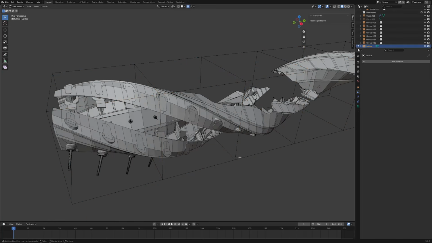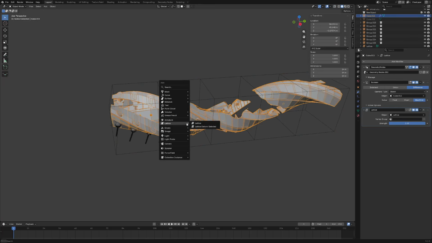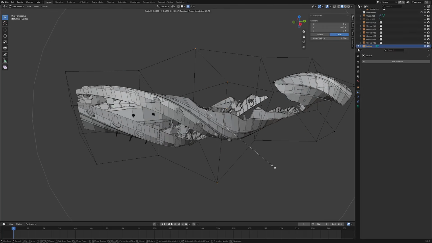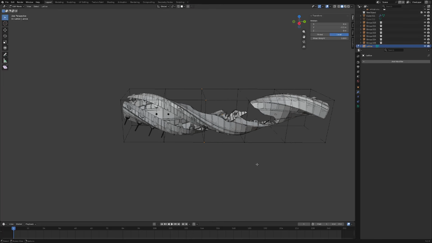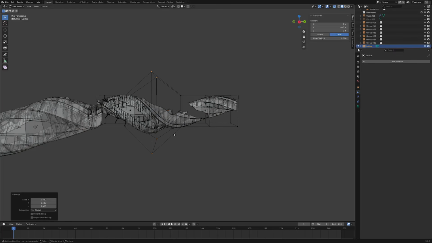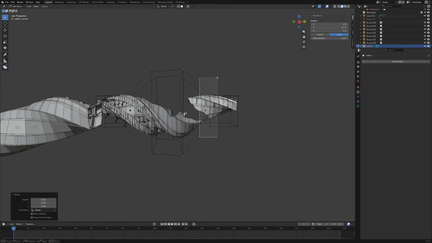All right. So the lattice you take into edit mode, and now Shift A, by the way, in object mode when this is selected, lattice deform selected. Okay. That will let us go ahead and start working in this manner where maybe we want the middle to inflate a little bit. You know what I'm saying? You have to Alt Z through it maybe. I don't think lattice you have to Alt Z, but